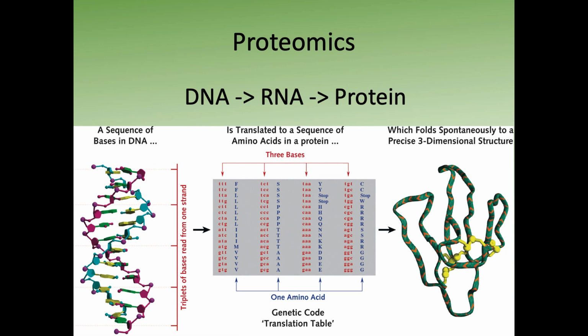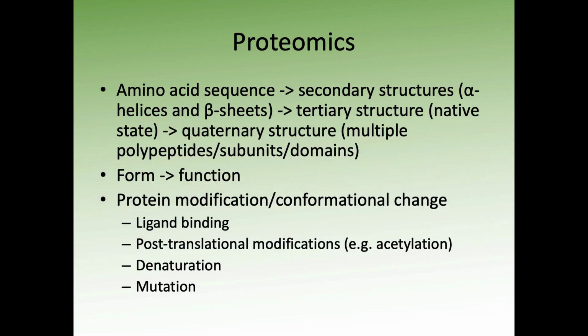And proteomics obviously is the study of proteins, and one of the reasons why it's such an associated field with genomics, of course, is that it's actually a DNA sequence, right, which is coding for the protein coding sequence. So when we talk about proteomics, we have a big emphasis on form and function, and it really is that amino acid sequence which is going to drive the creation of secondary, tertiary, and quaternary structures. So understanding the relationship